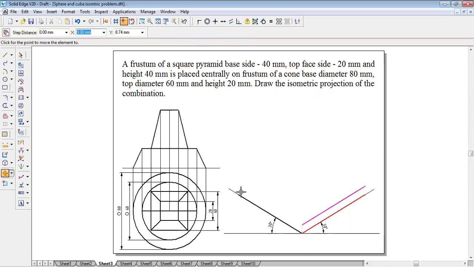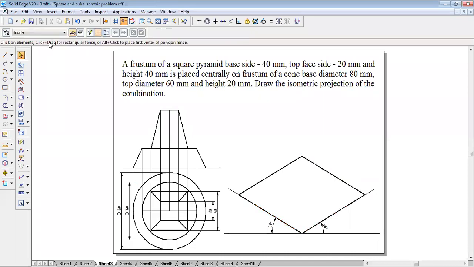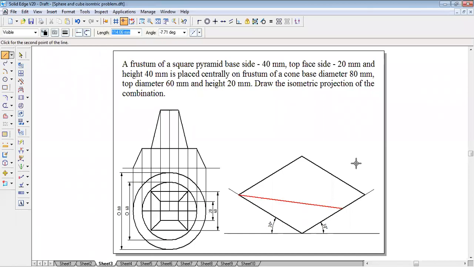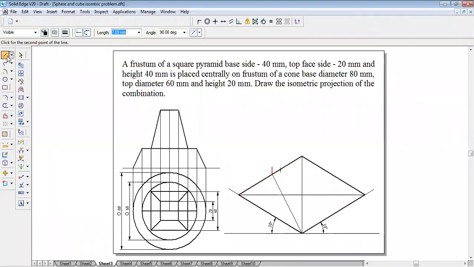Line from here till here I've drawn it. Similarly, this line I've taken from this corner, I'm joining it. After that, line command, I'm making it 0.25 to draw the minor axis on either sides, minor and major axis. From minor axis, midpoint, from minor axis, midpoint from opposite sides. Similarly, this minor axis to the opposite midpoints.